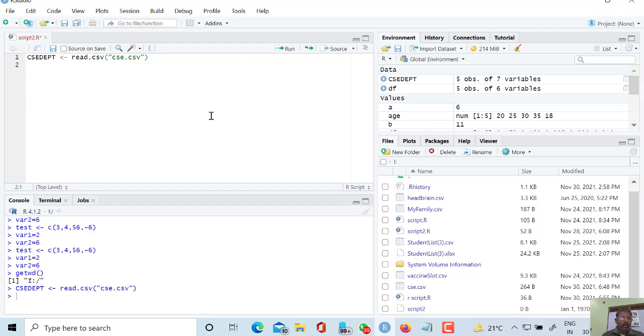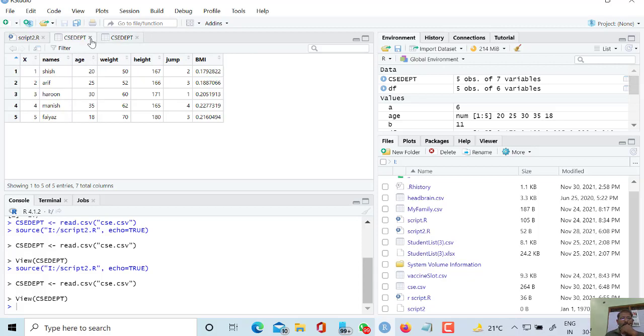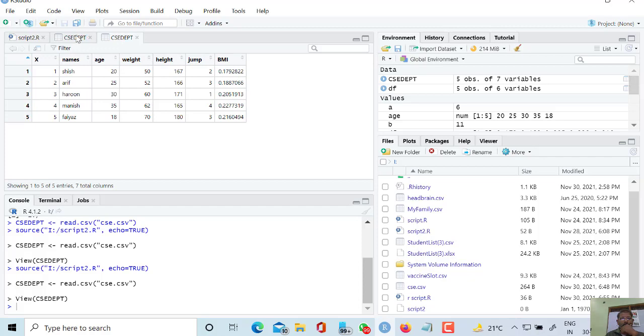Here the program has been executed by pressing Ctrl plus Enter. Let us check by view csc department. To check it, I have to press the source button. If I have pressed the source button, then that line has been executed, because I have pressed it 2 times, and therefore it has executed 2 times.